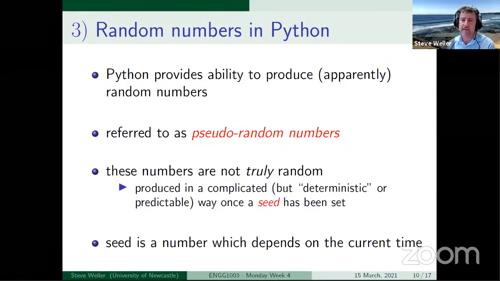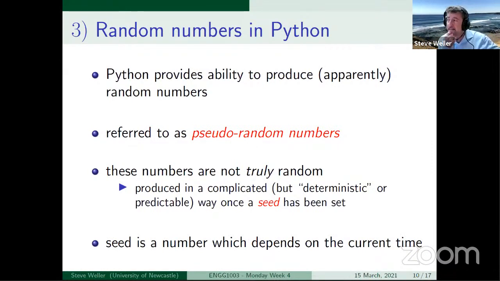All computer programming languages have got the ability to produce random numbers. A simple example that we saw last week was where we talked about winning a prize depending on what number came when you rolled a dice. Was it a 1? You won first prize. If it was 2, 3, 4, 5, 6, you didn't win a prize. Maybe you'd like to write a program that simulates that type of randomness. Up until this morning's lecture, we've not covered the ability to generate random numbers. And so what I'm going to do with you today is show you a couple of functions in Python that allow you to generate random numbers.